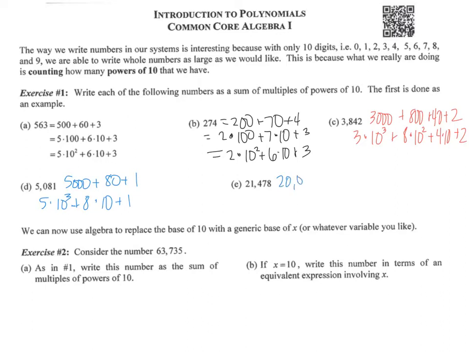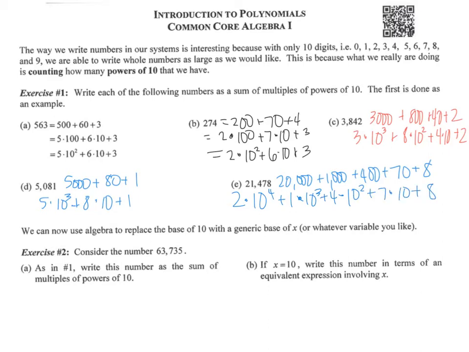And finally, 20,000 plus 1,000 plus 400 plus 70 plus 8. So that's 2 times 10 to the fourth plus 1 times 10 to the third plus 4 times 10 squared plus 7 times 10 plus 8. We can now use algebra to replace the base of 10 with the generic base of x, or whatever variable you like. So let's look at